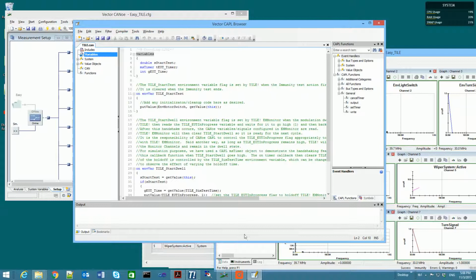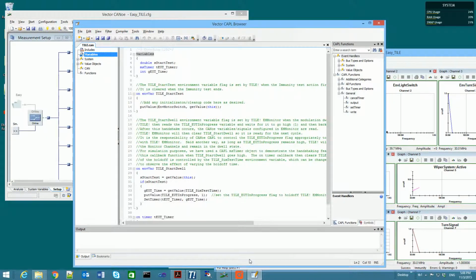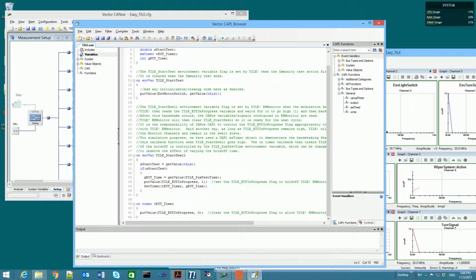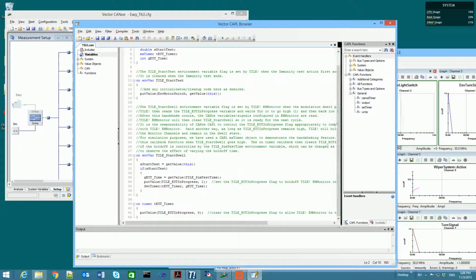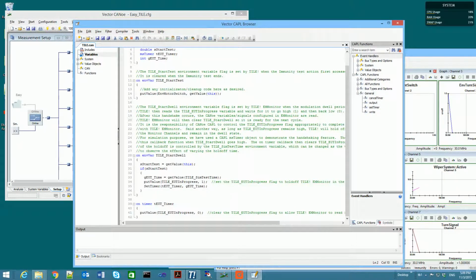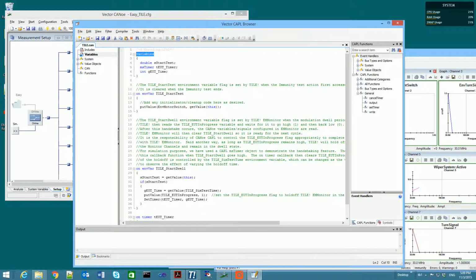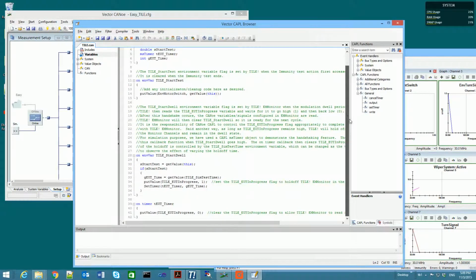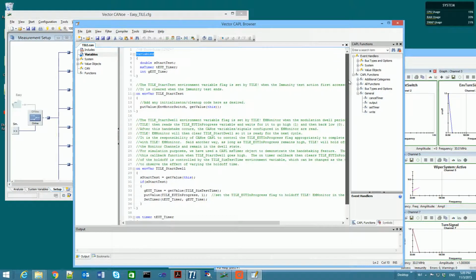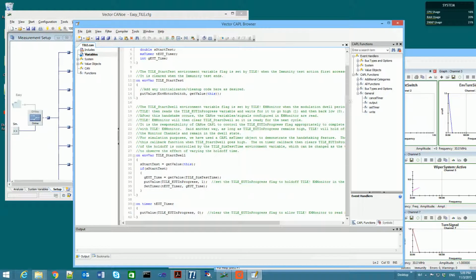And we'll take a little bit more detailed look at what actually happens as far as the interaction of CANoe with tile. And this is a file that, although it is the template file that we ship, once your customers understand this and become comfortable with how this interaction works, it can be modified. So you can see as we scroll down, there's not a lot to it, and in fact, half of this is comments anyway. So just to kind of go through the two or three things that happen,